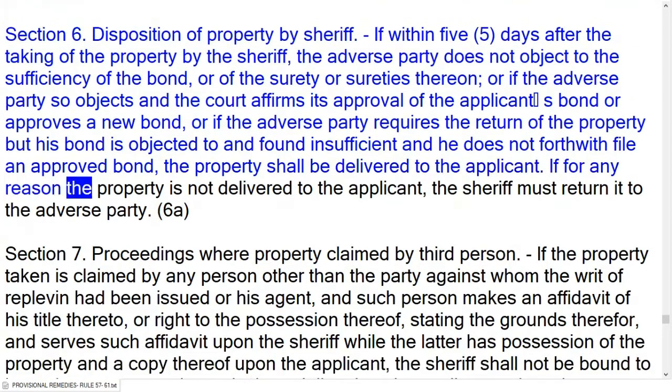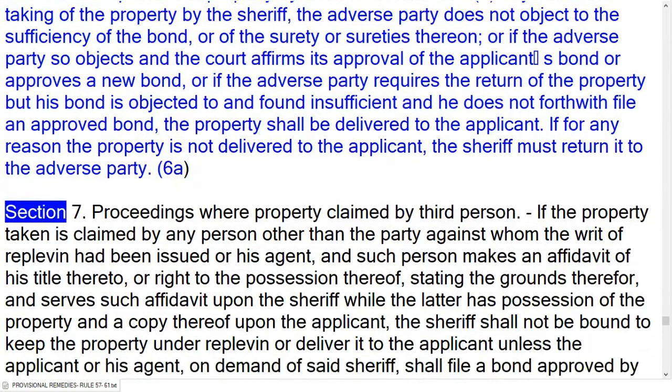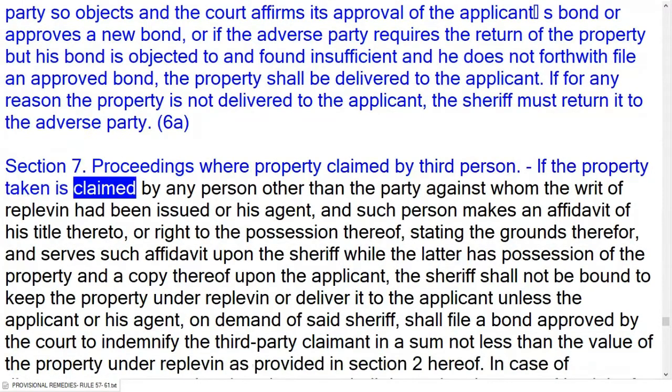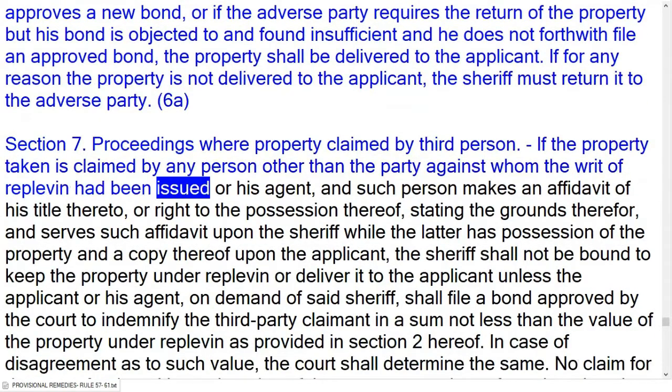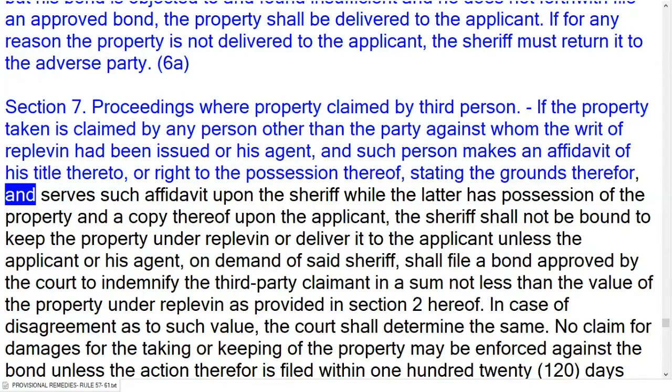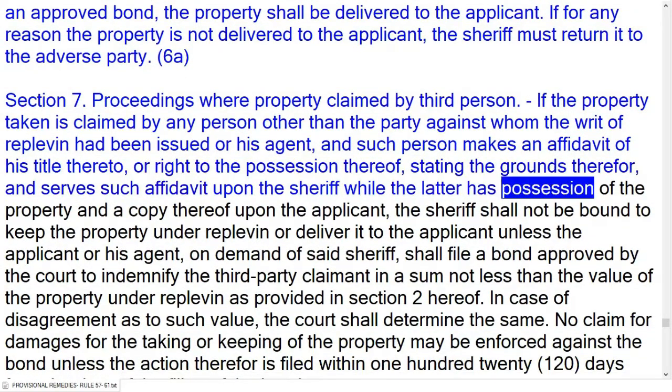If for any reason the property is not delivered to the applicant, the sheriff must return it to the adverse party. 6a. Section 7. Proceedings where property claimed by third person. If the property taken is claimed by any person other than the party against whom the writ of replevin had been issued or his agent, and such person makes an affidavit of his title thereto, or right to the possession thereof, stating the grounds therefor, and serves such affidavit upon the sheriff while the latter has possession of the property